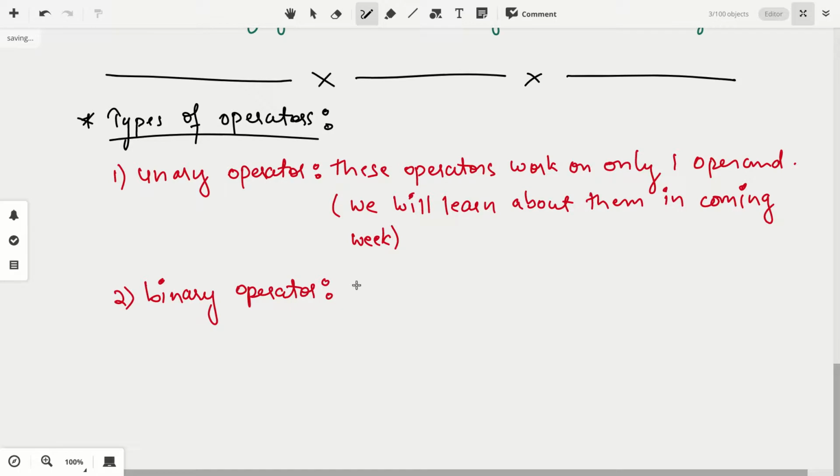Bi means 2, and uni means 1. They work on 2 operators or 2 operands.